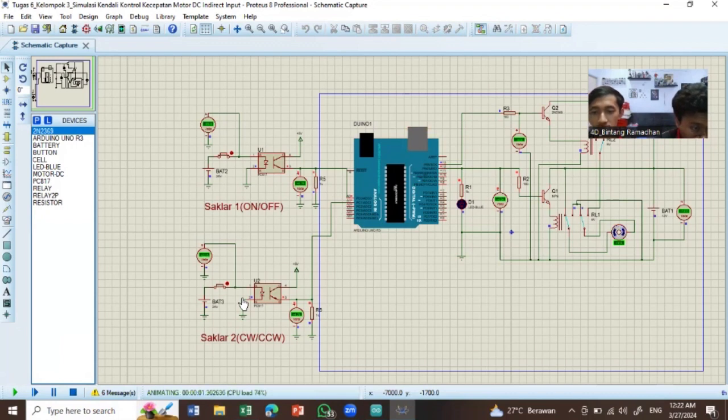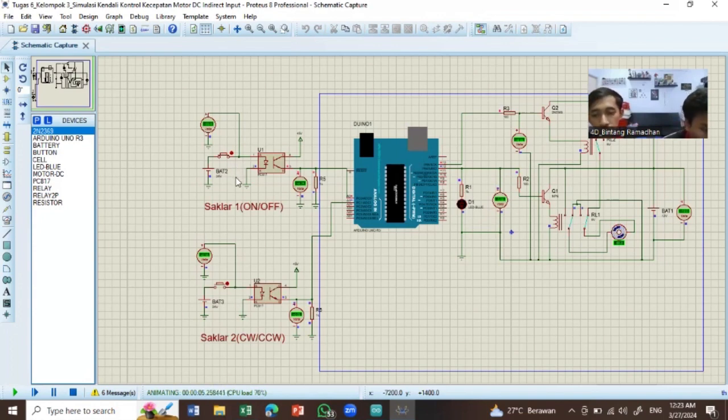If we press switch 2 without turning on the first switch, nothing will happen. We have to turn on switch 1 first. Then after switch 1 is turned on, we can press switch 2.